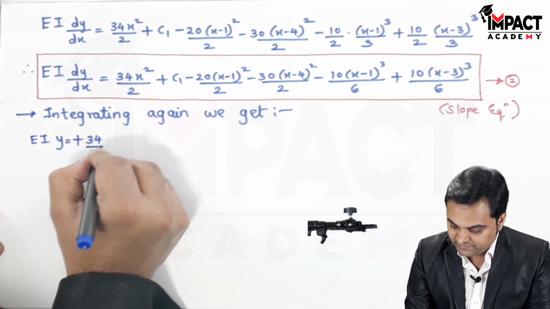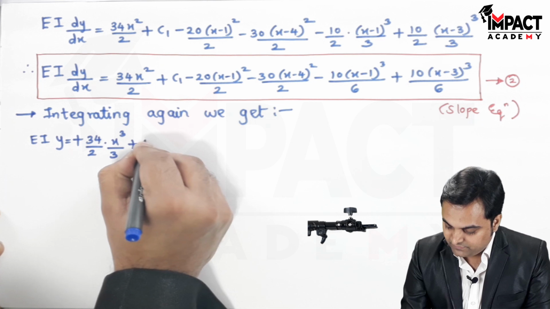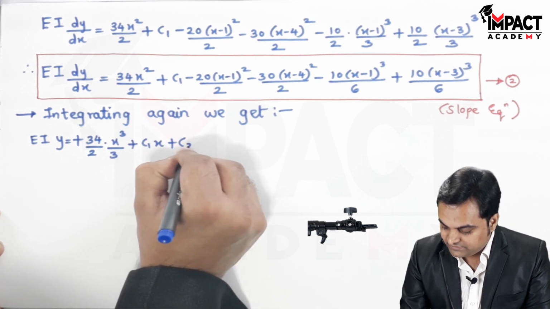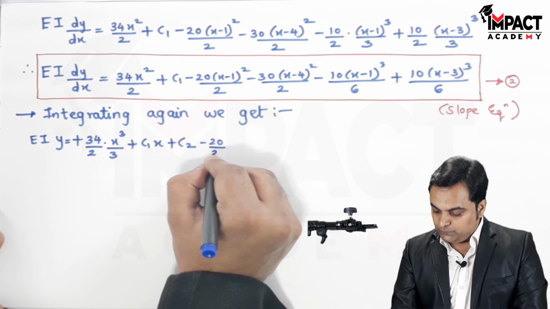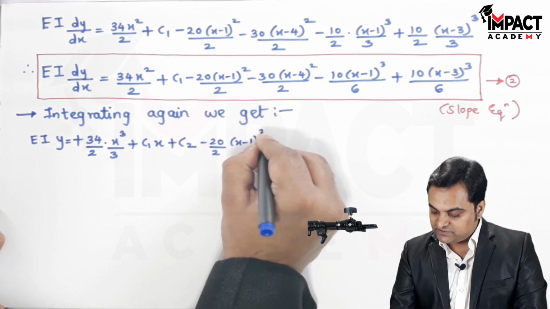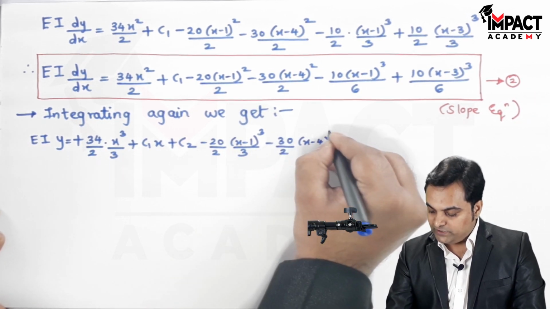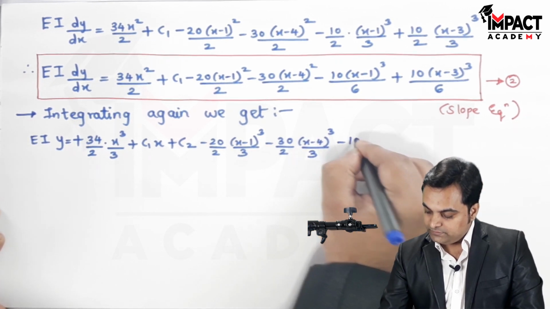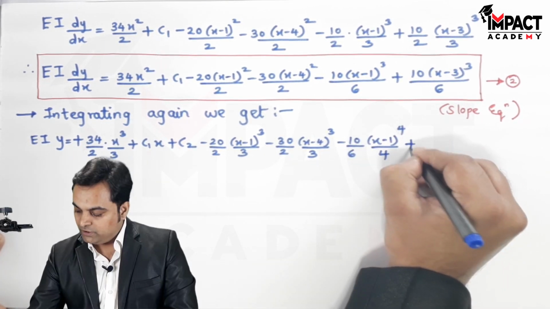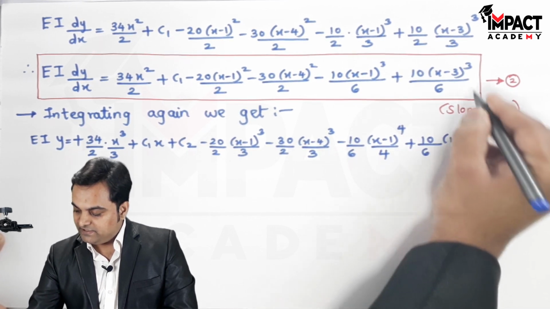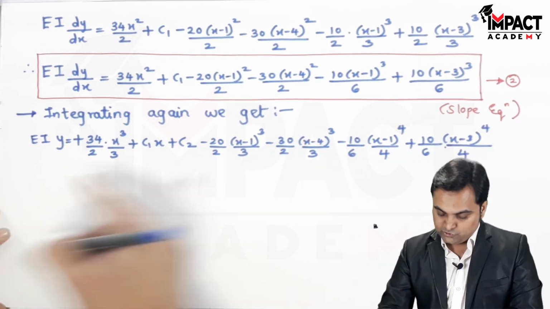34 by 2 will remain as it is, and x square will become x cube by 3, plus c1 into x, plus another constant c2 because I am integrating for the second time, minus 20 by 2. Then (x minus 1) whole square will become (x minus 1) whole cube by 3, 30 by 2, (x minus 4) whole square will become again whole cube by 3, 10 by 6, (x minus 1) whole cube would be (x minus 1) raised to power 4 by 4, 10 by 6, (x minus 3) raised to power 3 would be (x minus 3) raised to power 4 by 4. So simplifying this equation,